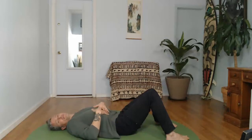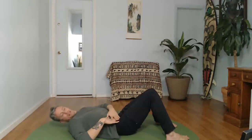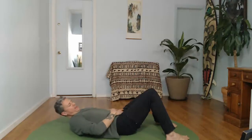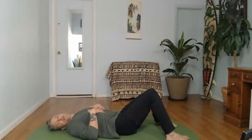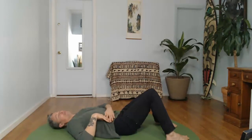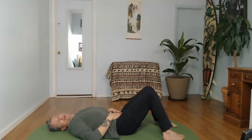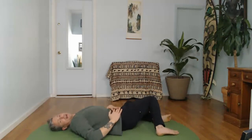You can live without your arms and legs, God forbid, as I would say, but you can't live without this. So making sure that you love this part of your body is so important. So whatever it takes to get there, love it up. Inhale, exhale. From here, we're going to lower our knees from side to side, and we're going to do what's